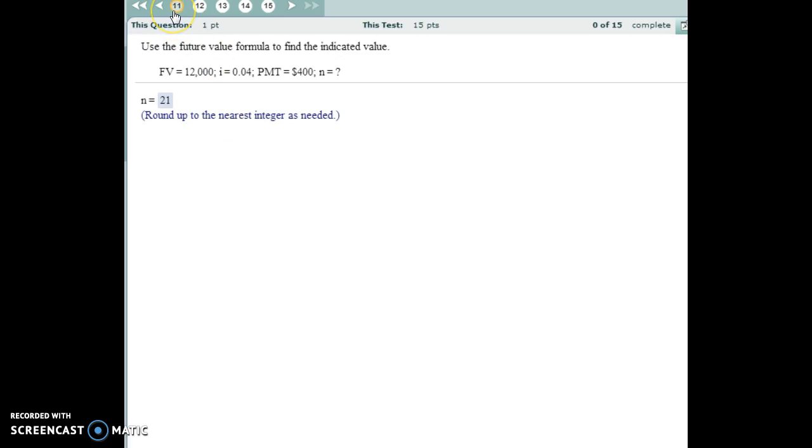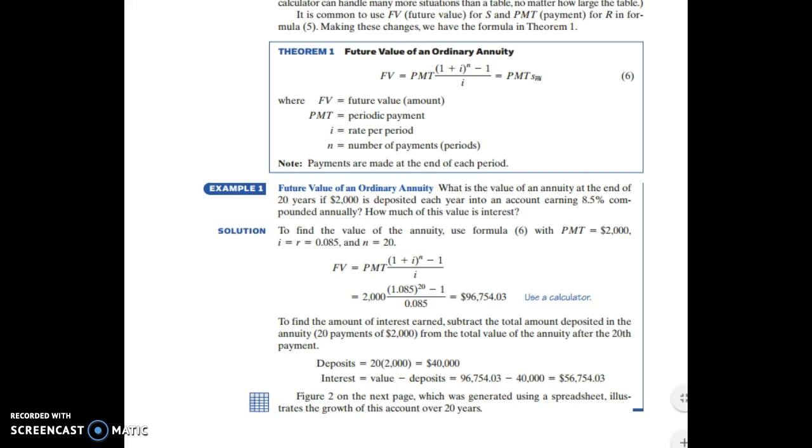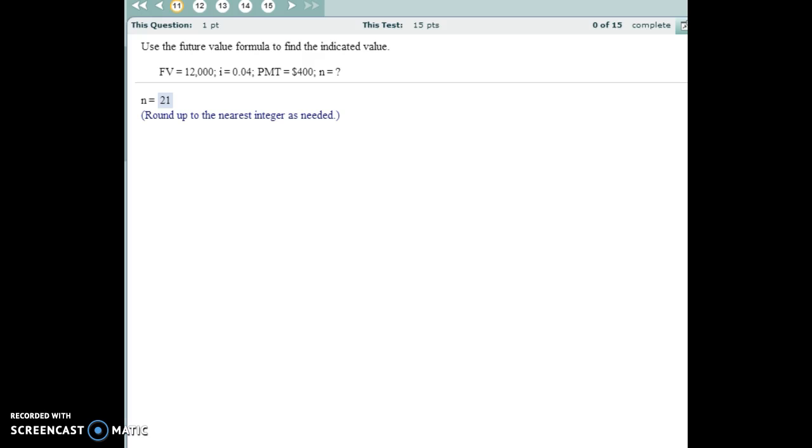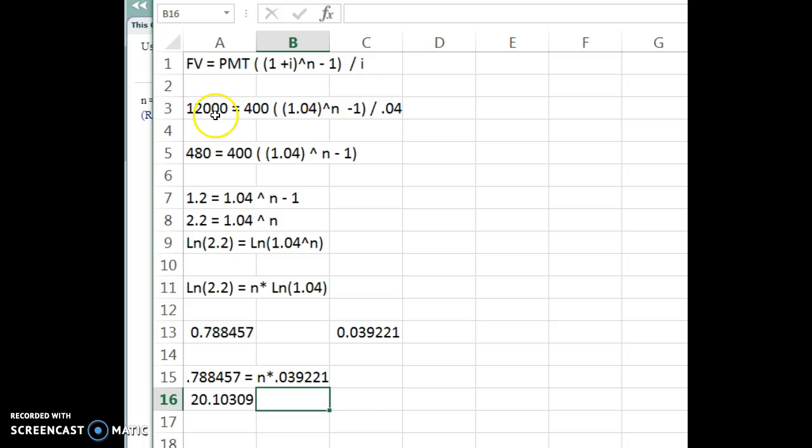Looking at number 11 here, future value of an ordinary annuity. I'll be using this formula from the textbook. So we'll go ahead and transform that formula into Excel and plug these numbers in. So if you look at it, here's the formula written out in Excel, which looks a little different because you